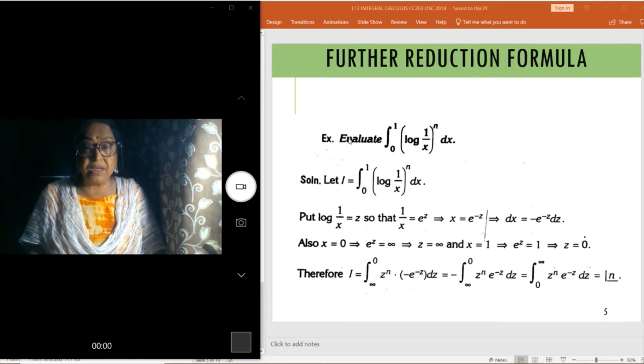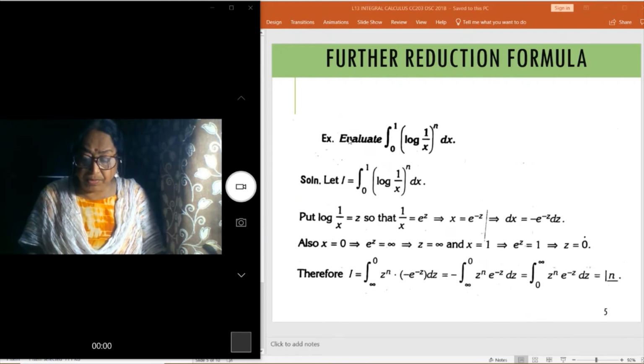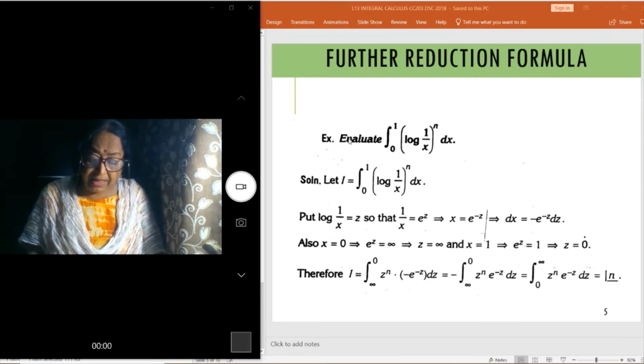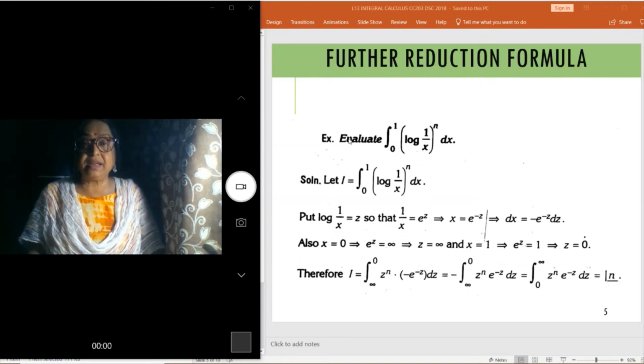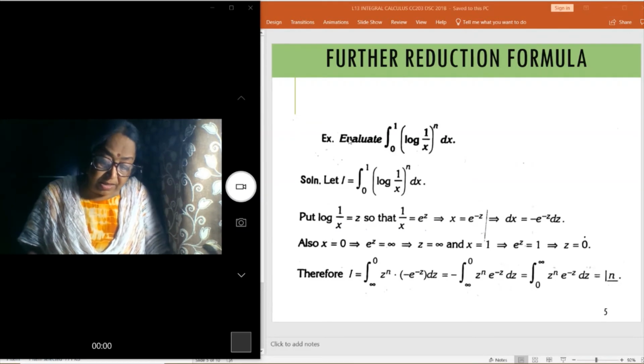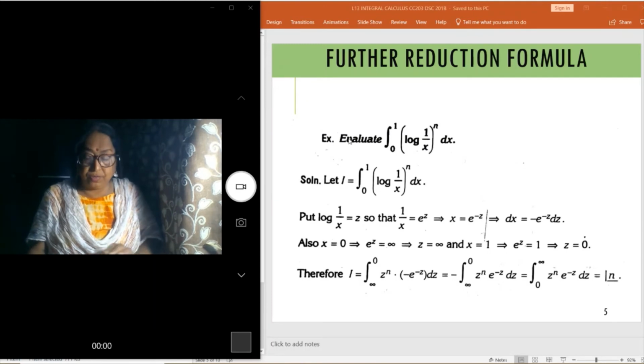And so subsequently the limit also changes, and after putting these limits we get integral of e to the power minus z, z to the power n dz. Here again e to the power minus z, z to the power n plus 1 minus 1, we can write it as gamma n plus 1, which is equal to factorial n, or otherwise here as they have given, you can write it also.